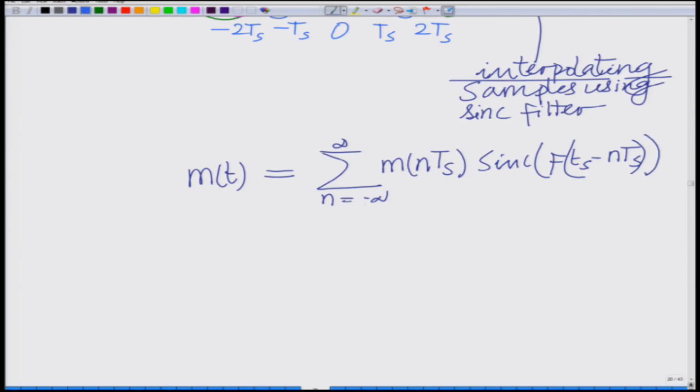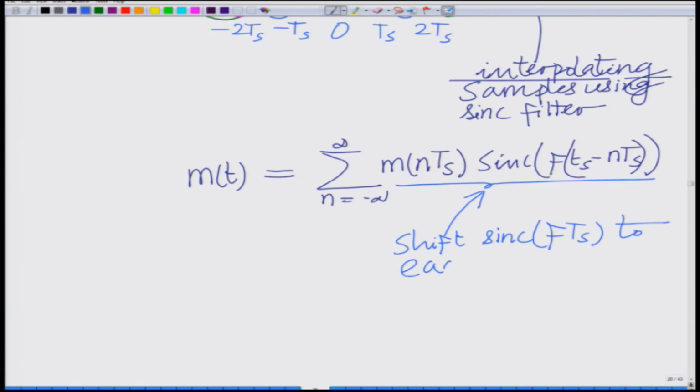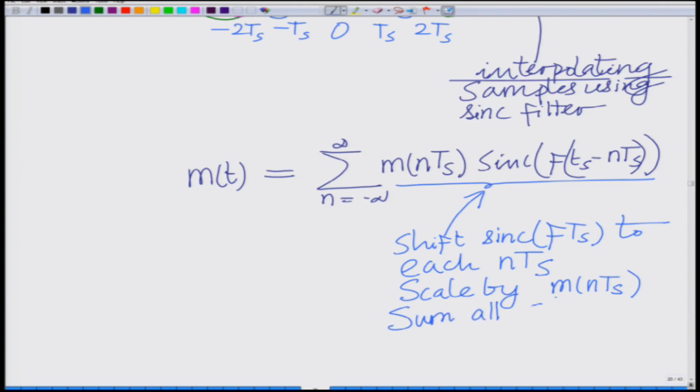That is, shift the sinc of fs t to each n Ts, scale by m of n Ts, and sum all shifted